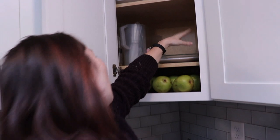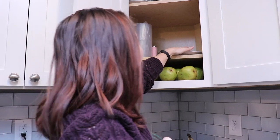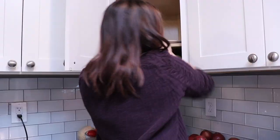I should probably just use them. In here, I have a few vases, a pie plate, which actually doesn't belong up here, a serving platter that's not mine, I need to return to my friend, and then this is our additional silverware for when we have guests,